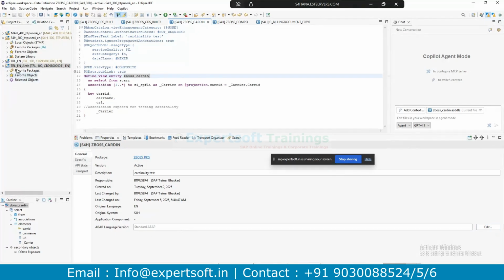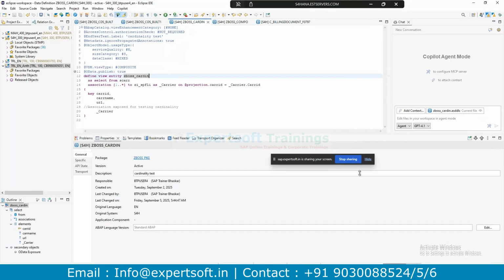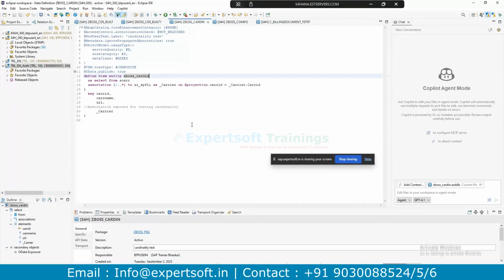But in ABAP on cloud, only the cloud version is applicable. In the cloud version, only released APIs have to be used, and only released artifacts, starting from the domain level.